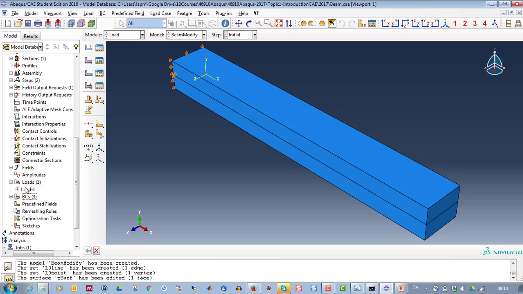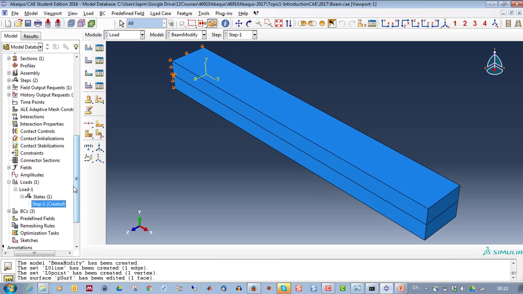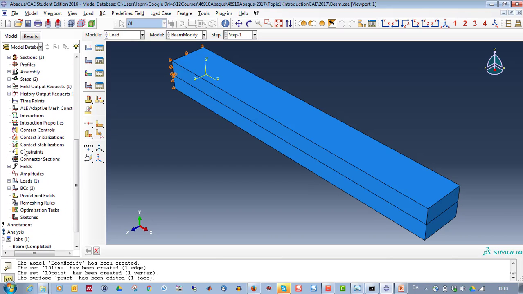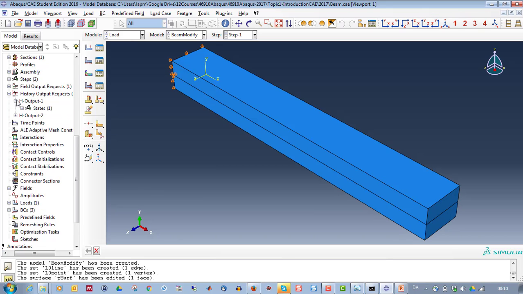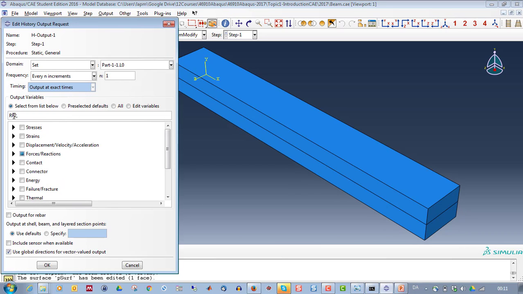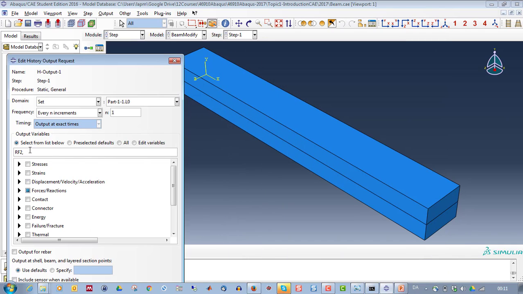The loads, we have updated the surface, so that should be okay, and we can see that it's now internal in the structure. Regarding the output, we will check that the field output is okay, but for the history output, we would like to have the reaction force. Now we would like to have the RF2.